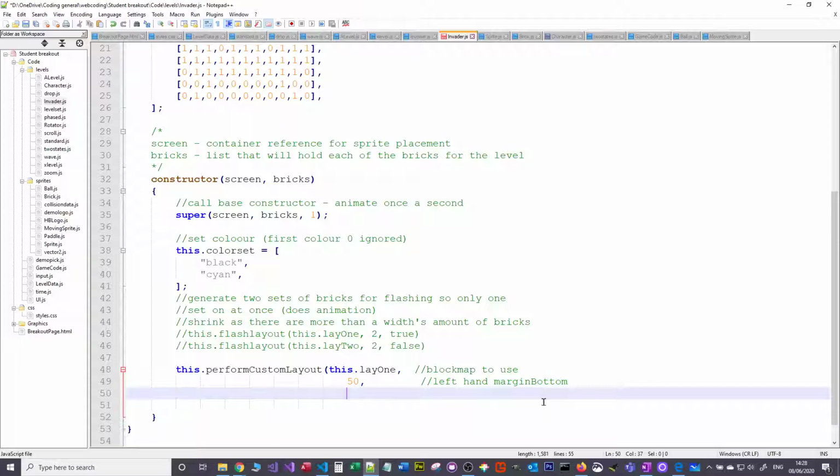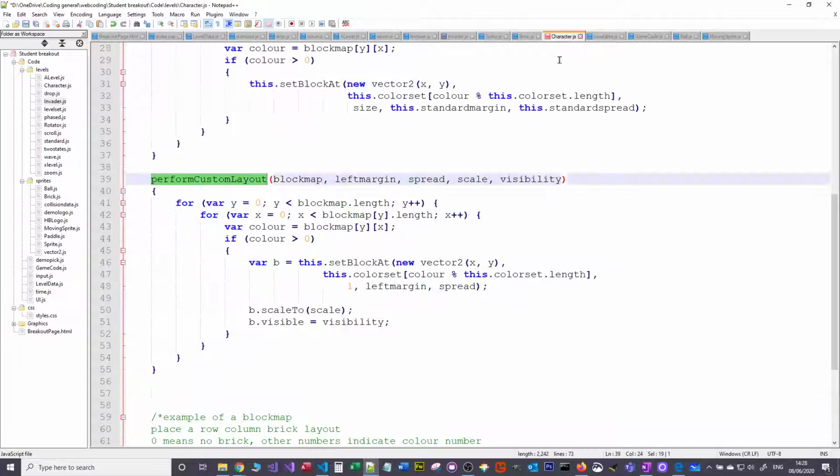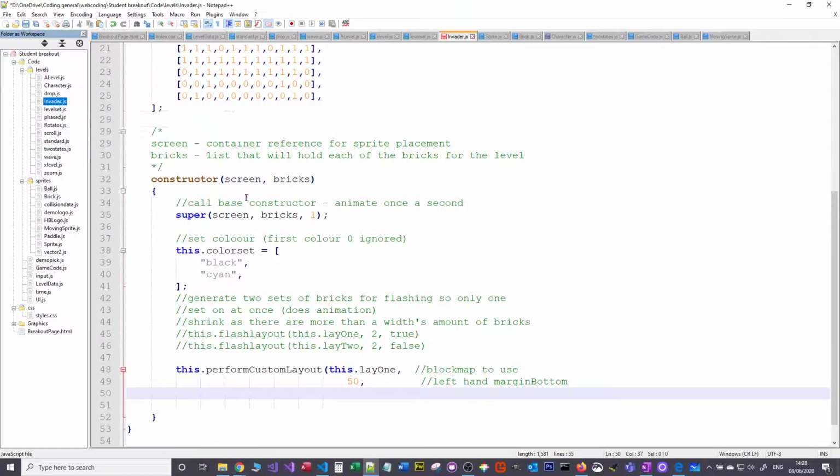Where's my cursor gone? Right, so I'm on the next line down. The next thing was, I think, spread. Let's just double check in character. Yeah, the spread, so the gap between bricks. So back to invader art. So the spread. We need to say new vector 2,